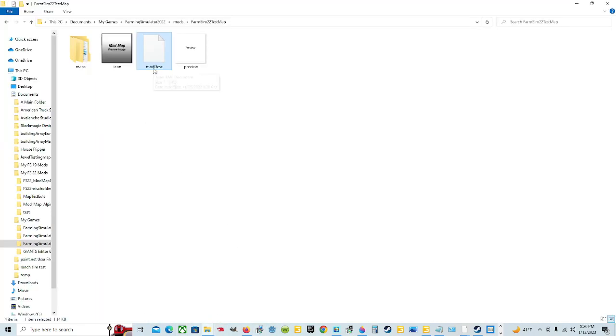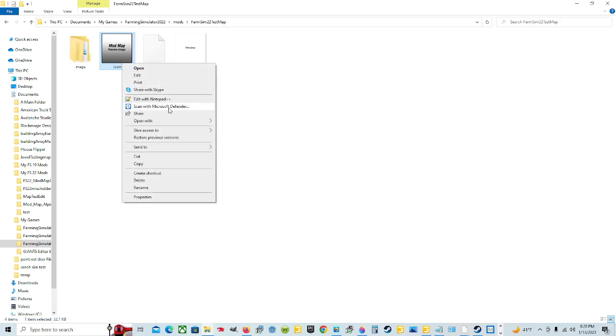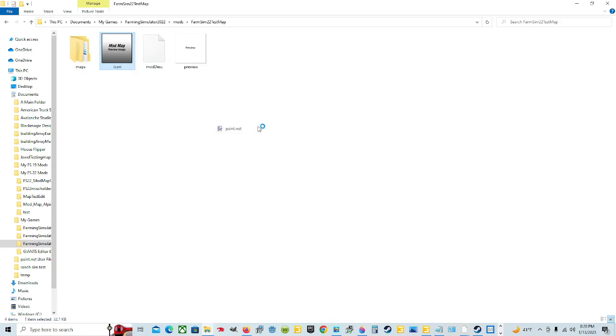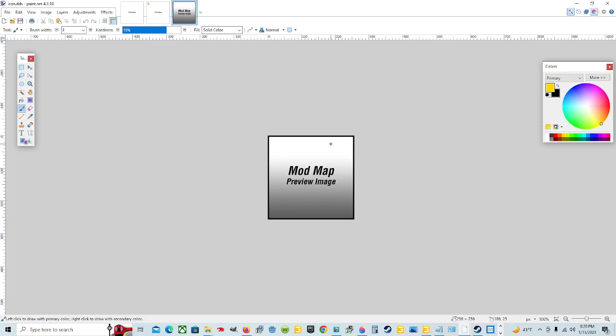Now we've already done the My Desk, we're good to go there. So now we're going to move on to the icon. Now right click on it, and we're going to open this with Paint.net. Once you get this open, if you want to make this personalized with your map name on it, it's the little icon that comes up in the game where all the mods and stuff go. Basically what you're going to do is come in here and click on the paint bucket,